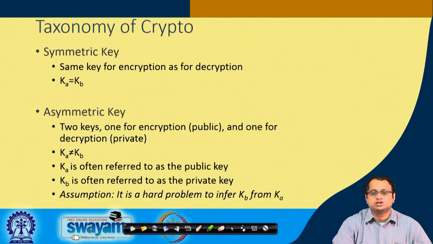That means a problem which is believed to be hard. The idea is that it is believed to be hard to derive the private key from the public key. Note that Alice's public key is known to everyone, but what is important is to ensure that it is difficult for Eve, who is an attacker, to infer the corresponding private key of Alice from the public data. The way these kinds of reasonings are done is often based upon a hard problem. The hard problem could be, for example, factorization or some other problem which is believed to be computationally intensive.